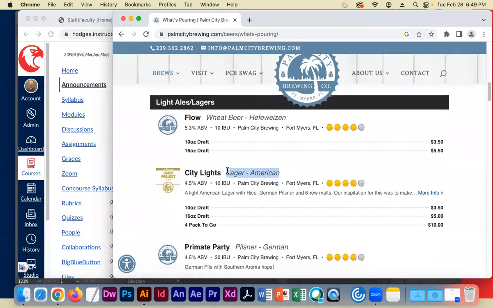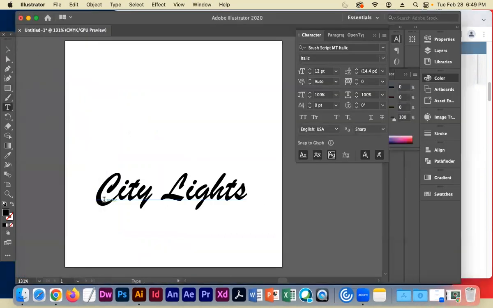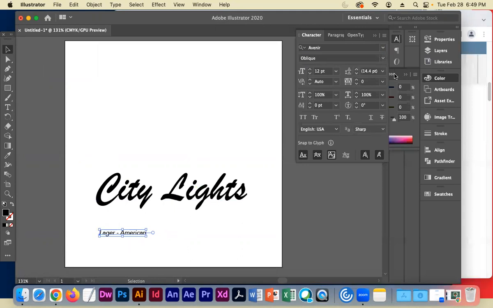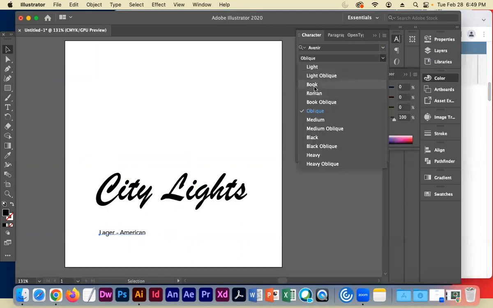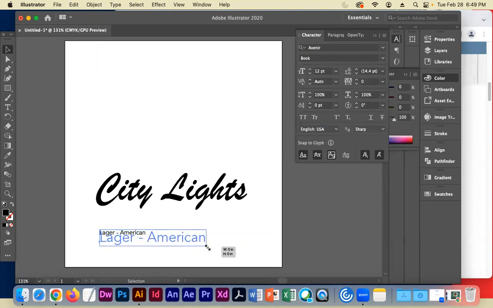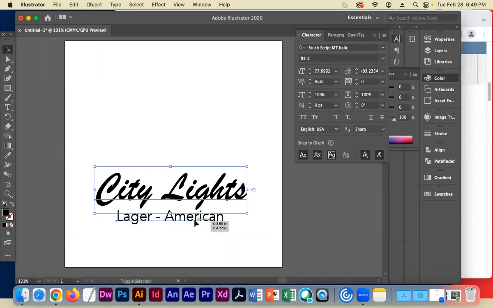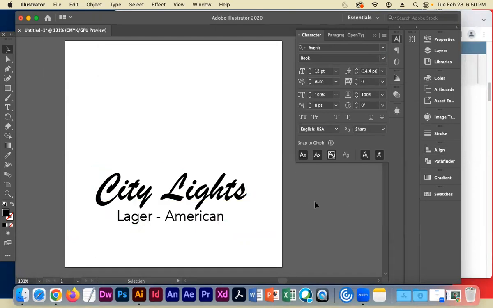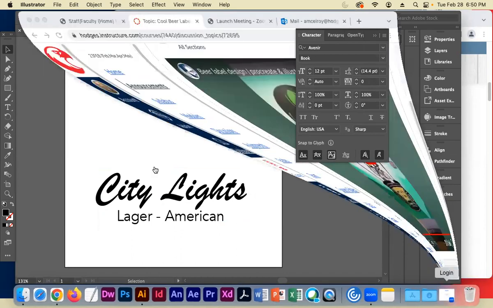So it's an American lager. So I'm going to copy this. And I'm going to go in now. And remember, 2 typefaces. It's kind of the rule of thumb. So I'm going to do that. I'm just going to drop this in here just to give you an idea. I'm just placing my elements in here. I'm going to align them, make sure they're aligned. And then underneath it, let's go